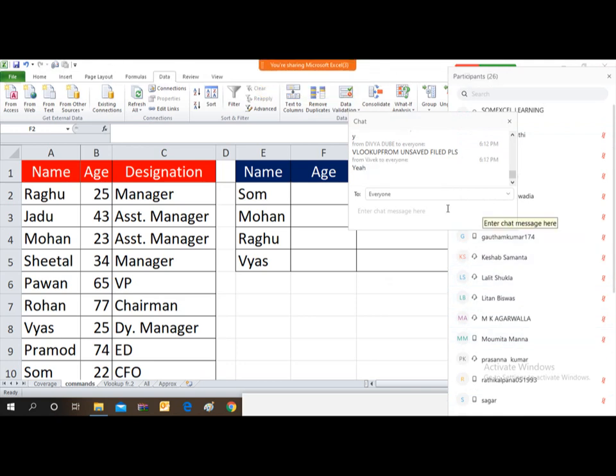अच्छा, VLOOKUP unsaved file please. VLOOKUP का एक्चुअली ऐसा है ना, VLOOKUP चूंकि when you are using VLOOKUP from a database and then database is not from the saved file, so what will happen when you are closing your working file, it will show you a pop-up that you have used the VLOOKUP from unsaved file.